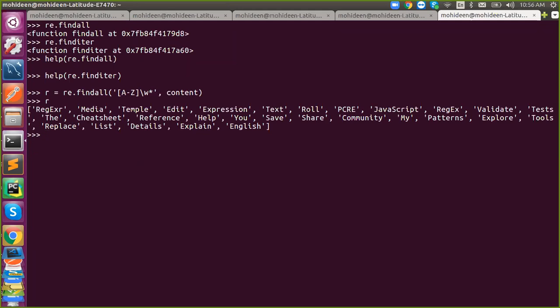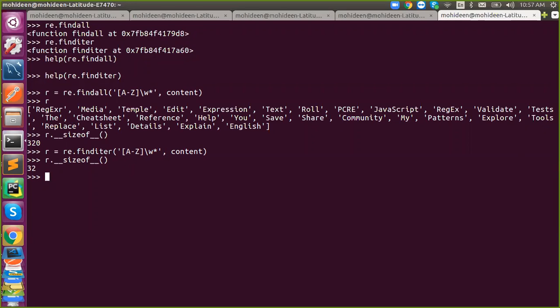So r will be my list, and you all know it consumes certain memory. I'm going to say sys.getsizeof. It took 320 bytes. Got it? I'm going to use the same with finditer. It just consumes 32 bytes.